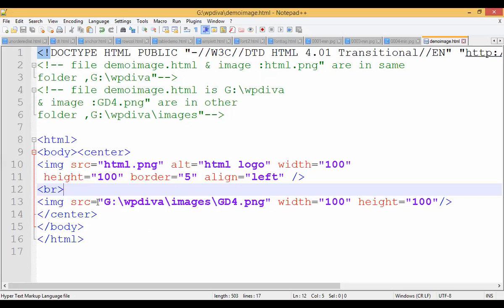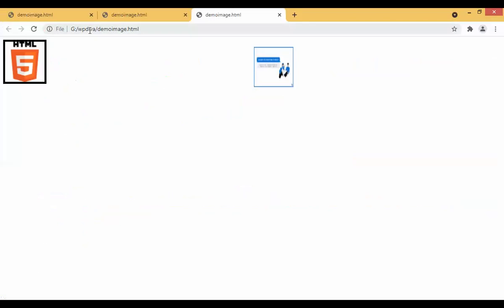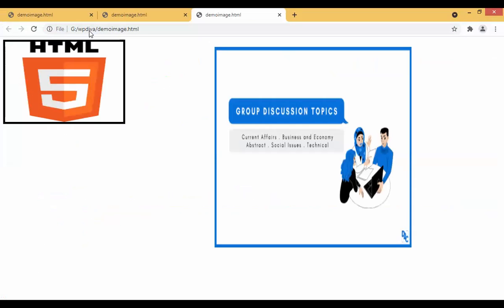So to avoid that, again, I can increase the size if I want. I can take 500. Here I can make it 300, or just 200. I'll make it 300, and height I will make 200. So you can just play with the properties. If you have a laptop or desktop at home, you can just see that, right? So this is all about the image tag.